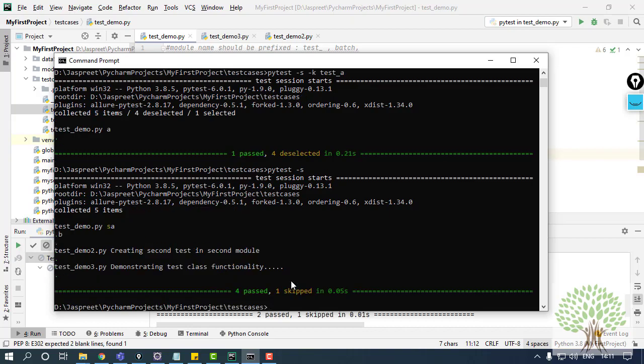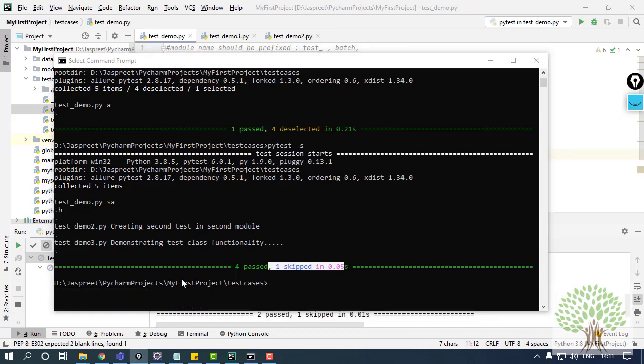So if I press enter, you can see over here, four test cases are passed and one has been skipped. This way, if you have it in Eclipse as well, the same command is going to run. Just be careful that the location is given correctly. Otherwise, it's going to say that the test cases are not found. Okay, this was about how to run test cases in batch in serial order.